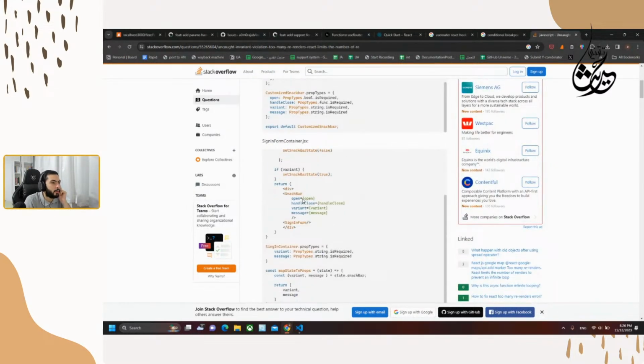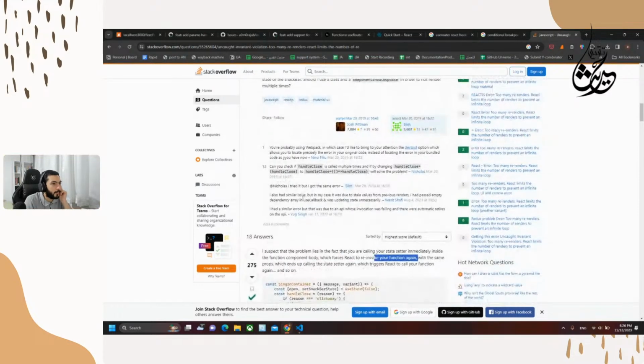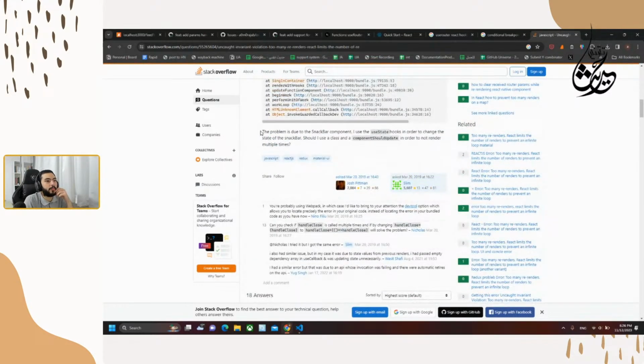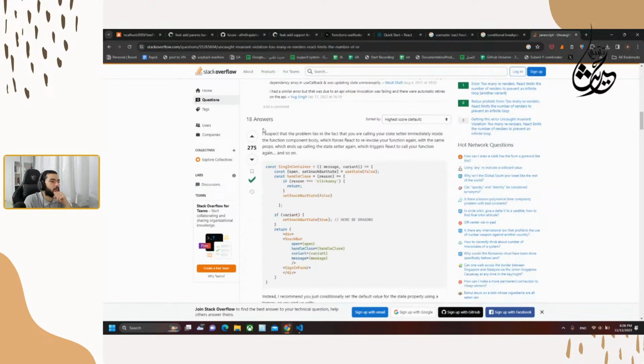Then the sign in form container code. After that, he is using useState hooks, and he's asking about the rendering issue.